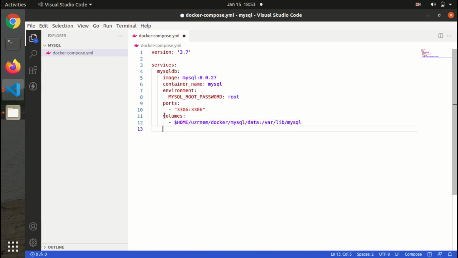We will define a network so that the MySQL container can be used throughout our system. It will be called MySQL database.